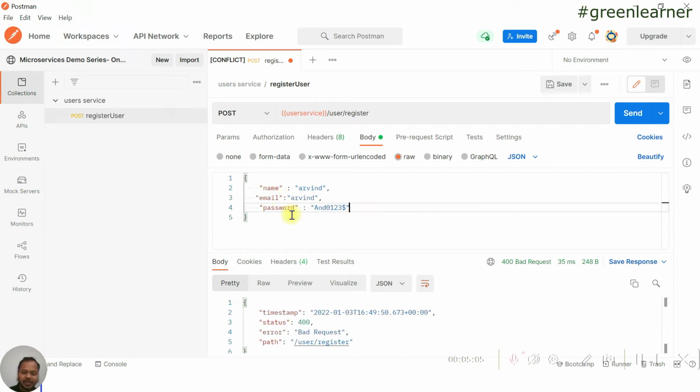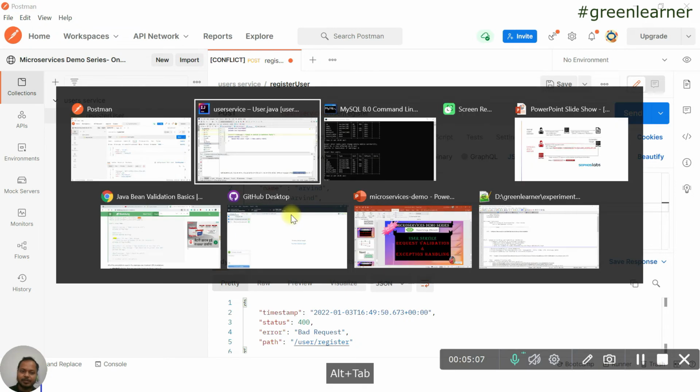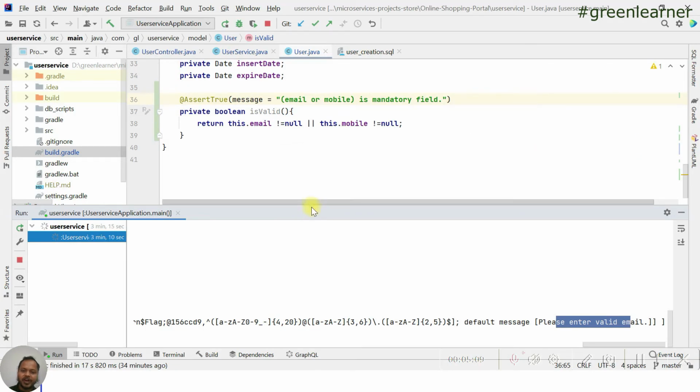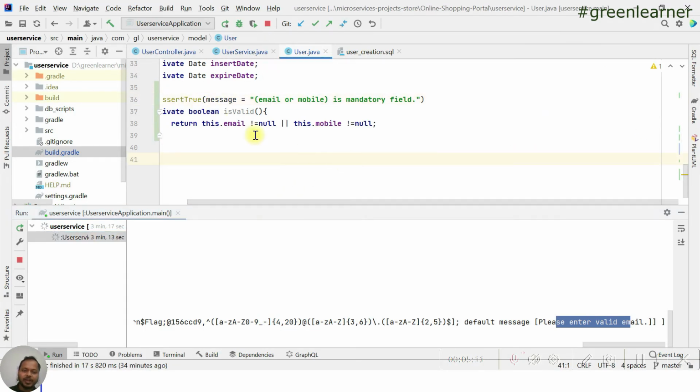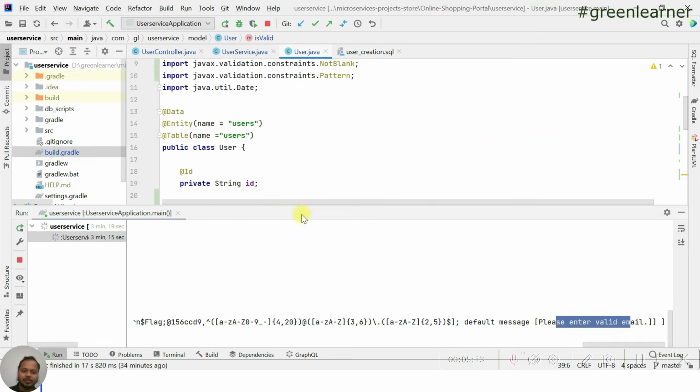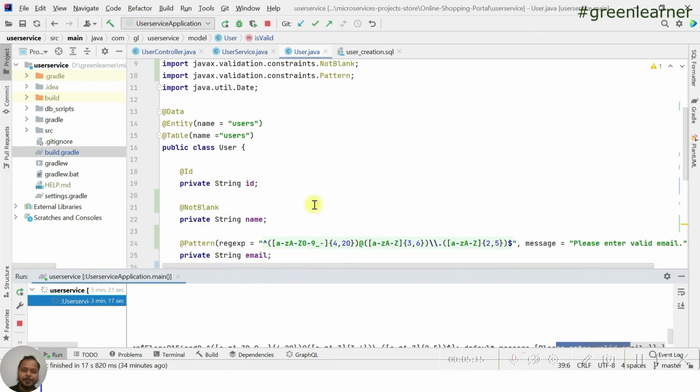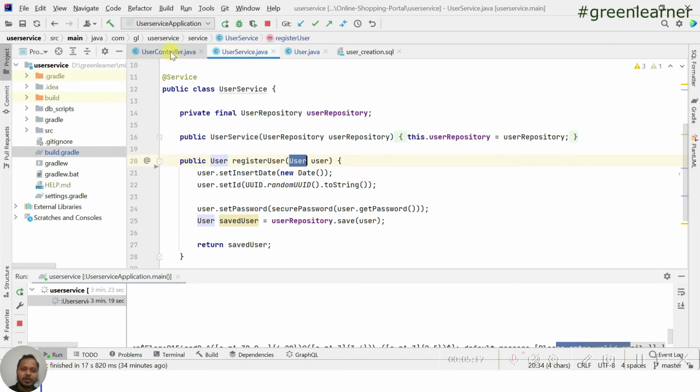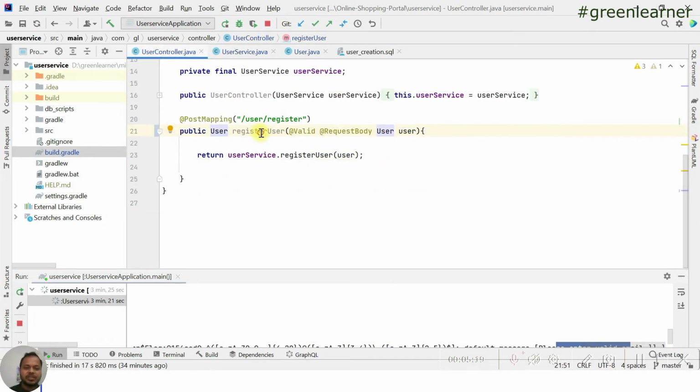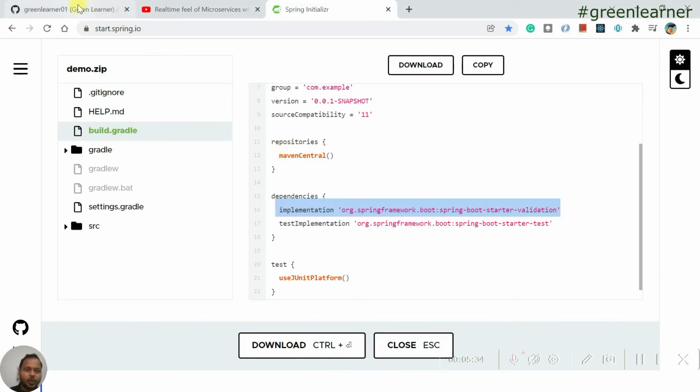I have shown you both the fields, email and mobile. We are putting them empty, and all the validations you can try out, it is going to work here properly. That is what I have shown here in the users field. Now coming to the custom exception handling. For the custom exception validation, there is already code present here.